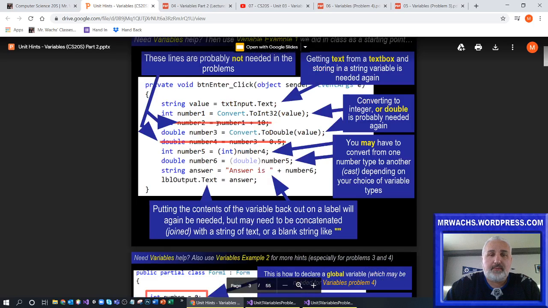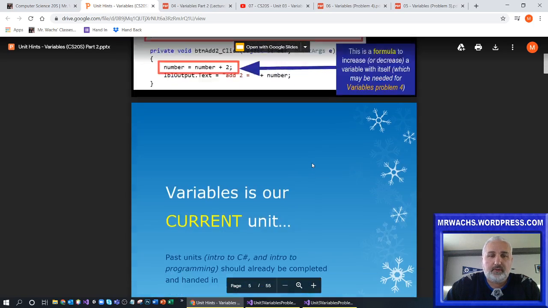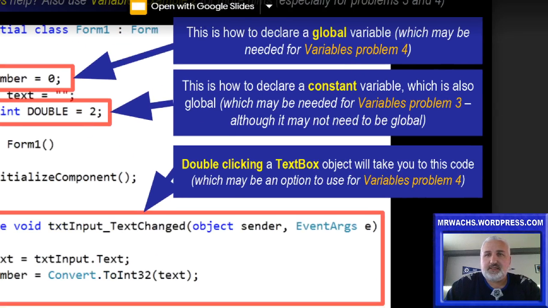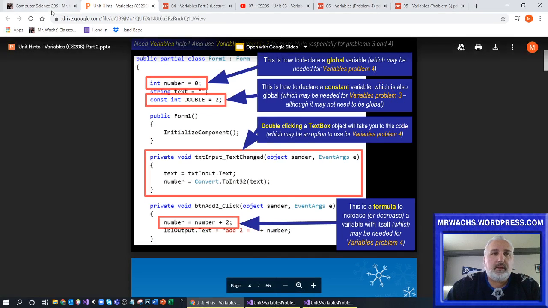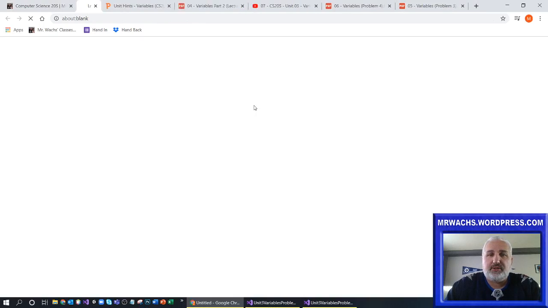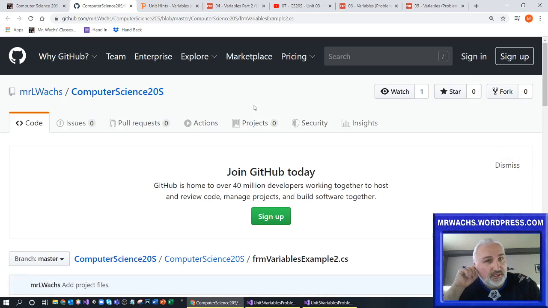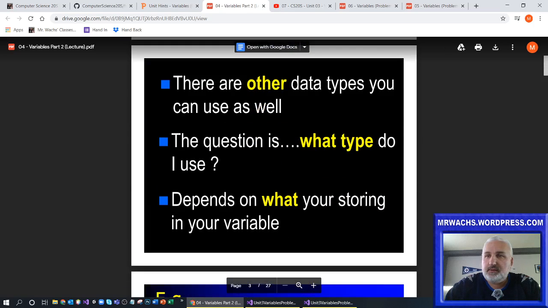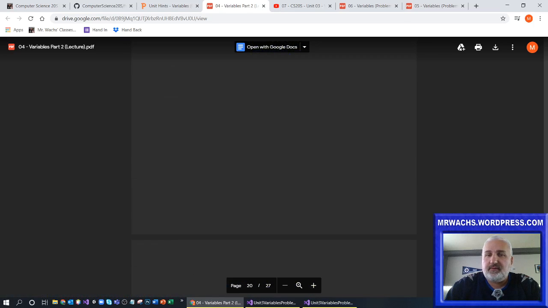This time, this page would be a little more helpful for the variables unit, part 2. So you can see here, it talks about hints for problem 4 and for problem 3. So this would be there. And you should be doing that second example, okay? So you should be doing example 2, which is right in the presentation. If you were to scroll down to the end of the presentation,